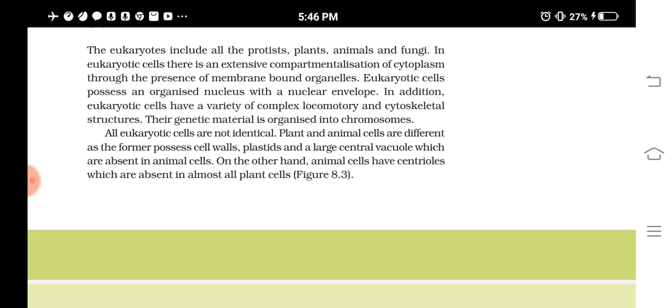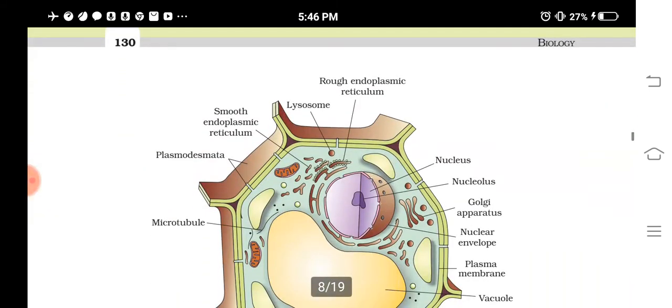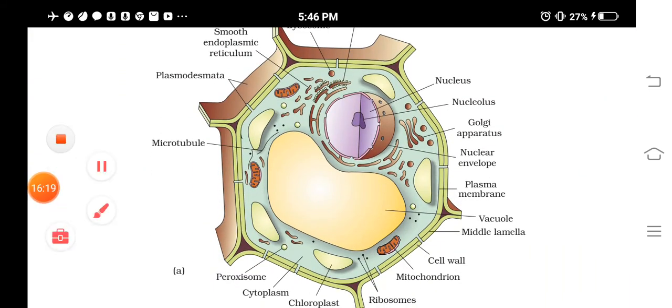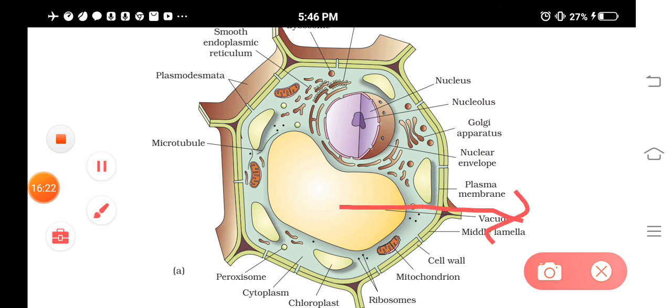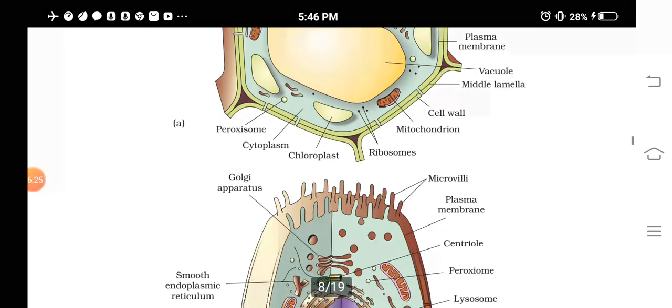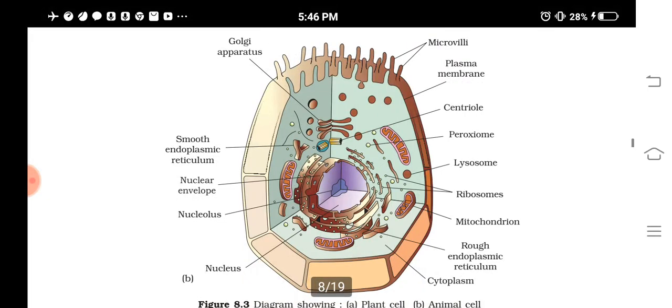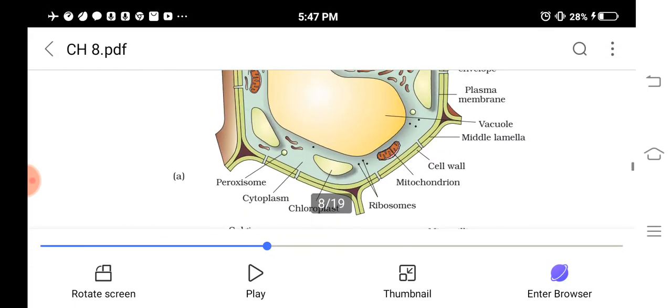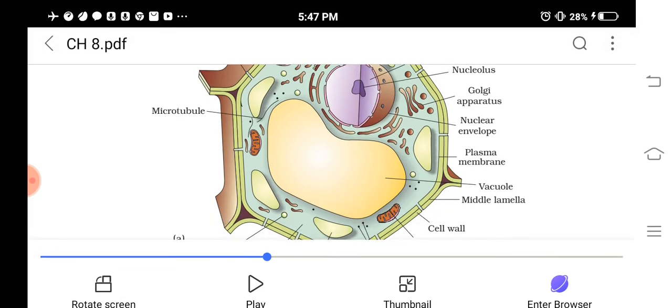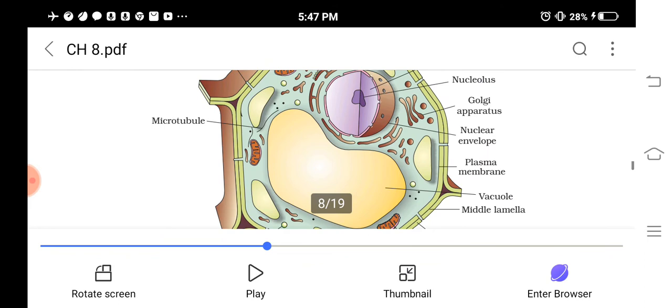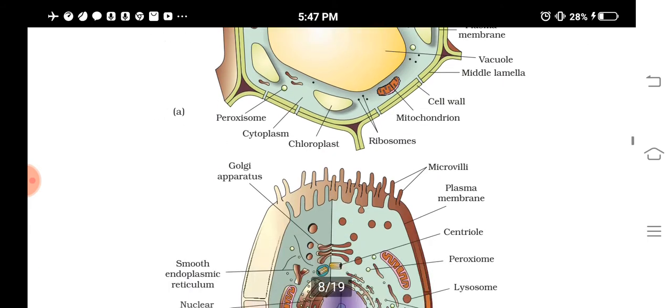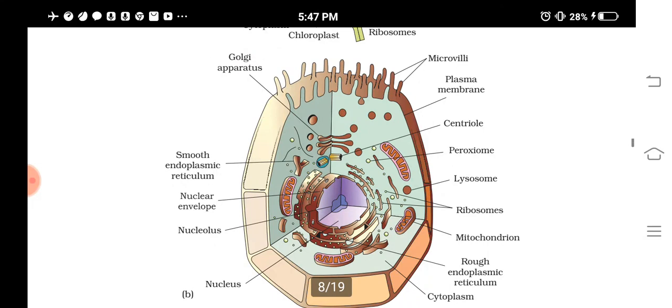In animal cells. Okay, and you can see in plant cells the vacuole will be in the center and it will be large. Okay, large central vacuole you can see. Can you see here? Large central vacuole. But in animal cell it will not have a central vacuole, but vacuoles are small and too many in number. In plant cells the number of vacuoles is less, but the size is large. But here the size is small, but they are many in number.